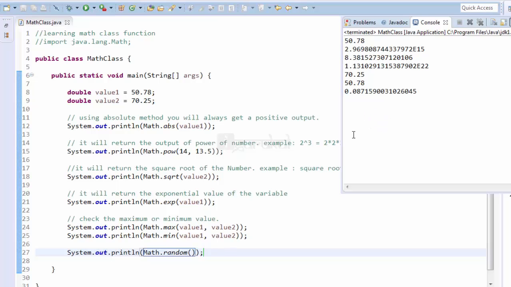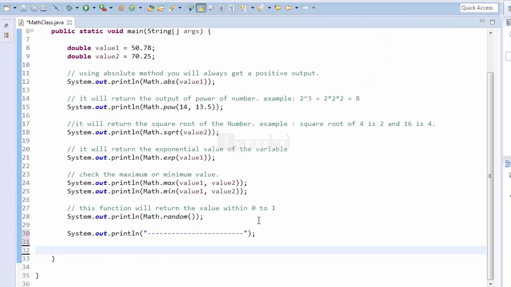But we are not getting a value more than 1 and less than 0. So that means by using the math.random function, you will always get a value between 0 and 1. So this was the math random function. But in our later tutorial, we will be discussing the random class. So now let's see a few more methods of the math class.